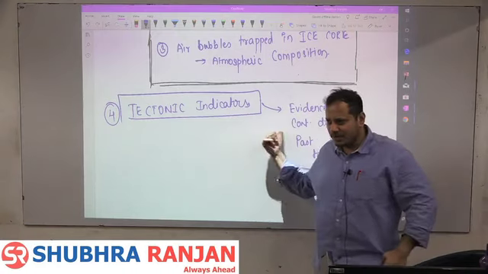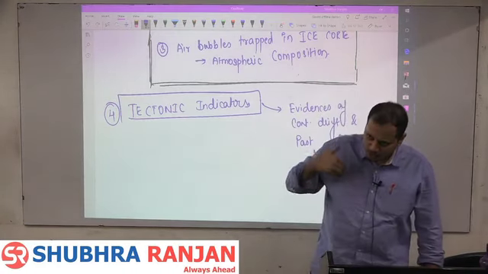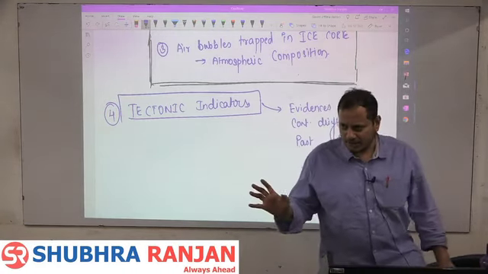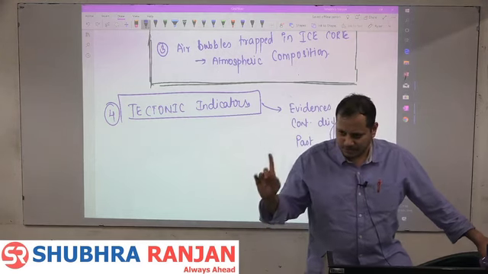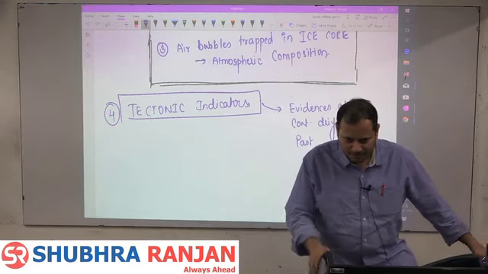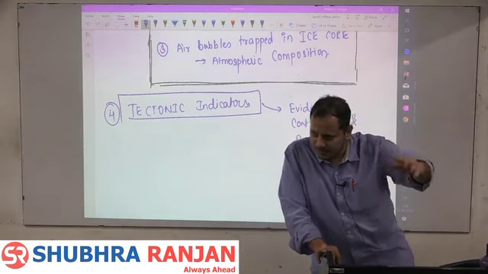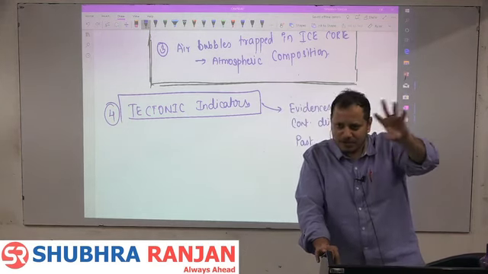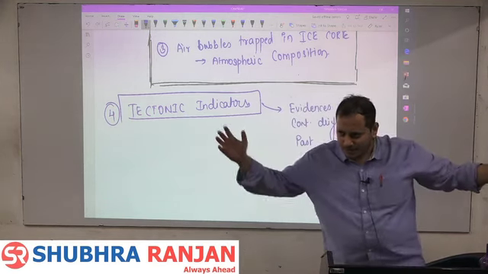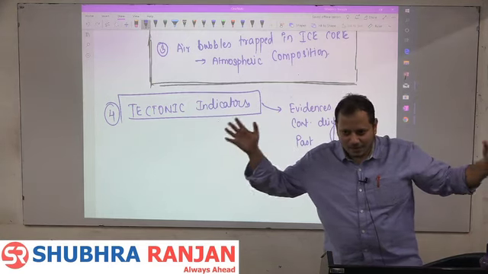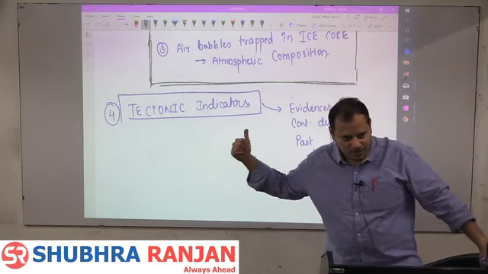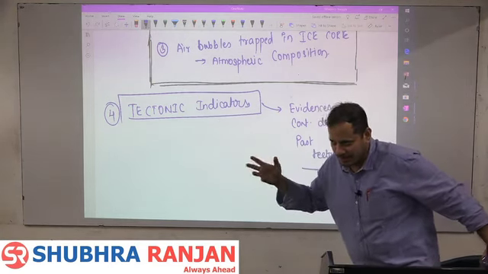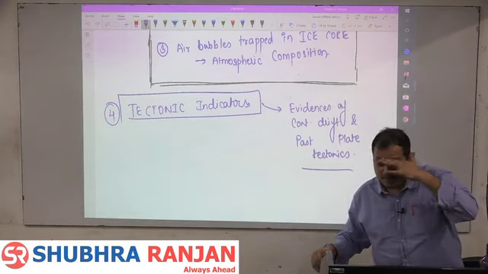So the positive points of Wegener's continental drift theory, that is the tectonic indicators. It will never come also. Understanding? We have done this very properly, if you don't even remember. The Laurasia 1, Laurentia 2, the Angara land 1, Gondwana 1, Pangea 1, Pangea 2, this is all tectonic indicators. The 5 Pangeas that we did.